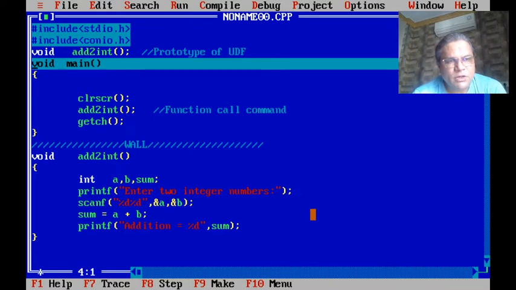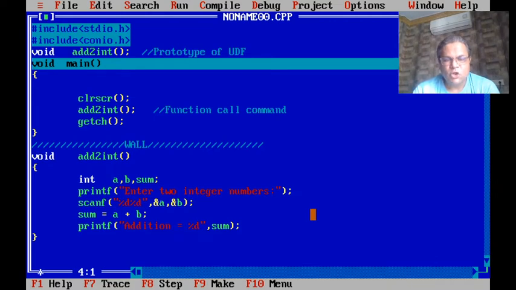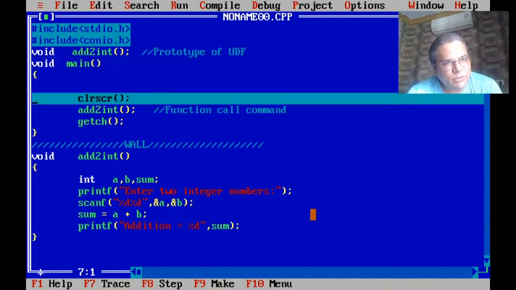That means the compiler starts the execution of my program, and by default it starts from void main. It is the entry point for the compiler to start the execution of any C program. So if you try to write a C program without using main, that program may get compiled but it will not be executed. Execution is not possible. Now it will go for the next command inside the main, so it will perform the clear screen operation.